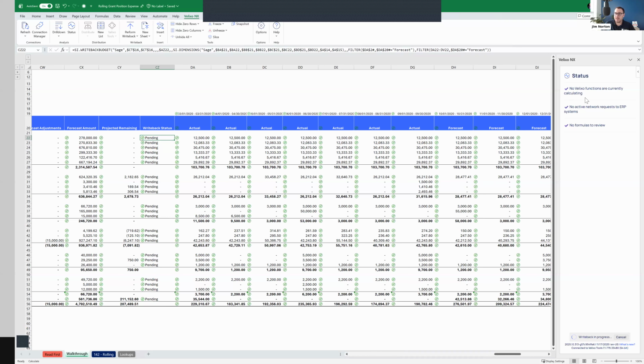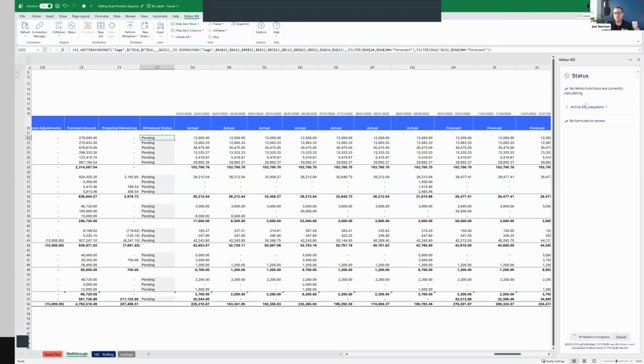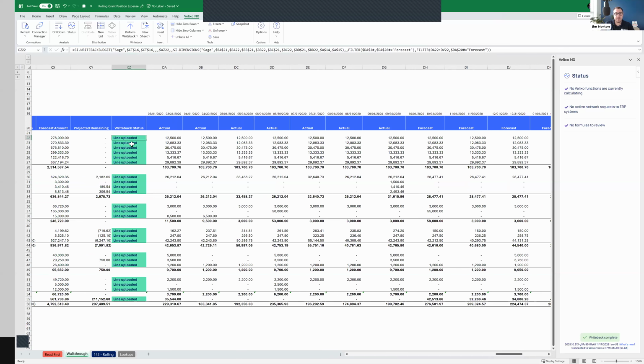When you do that, you see our status pane opens up. The write back is in progress, meaning we're working on sending this data back to Sage Intacct. And as soon as that finishes, we are going to see the result. As the write back is processing and sending many months of data and many lines of data over to Sage Intacct, you could go do whatever you want while that's happening. But when it finishes, we're going to see, there we go, line uploaded. So all of these lines have been uploaded to Sage Intacct.